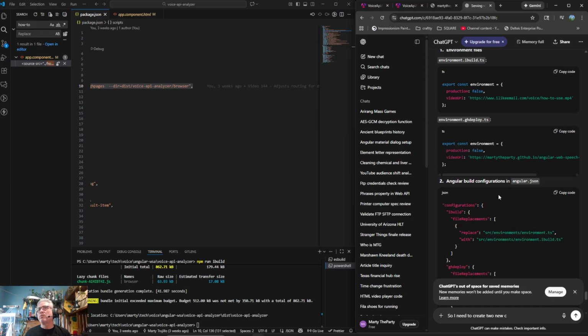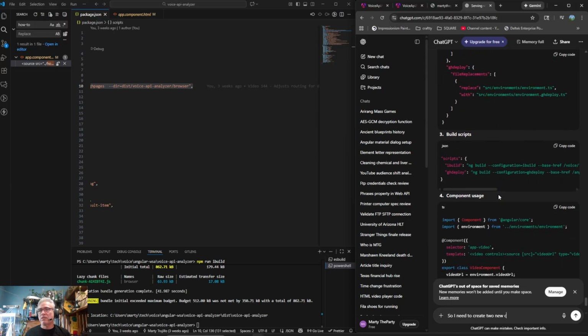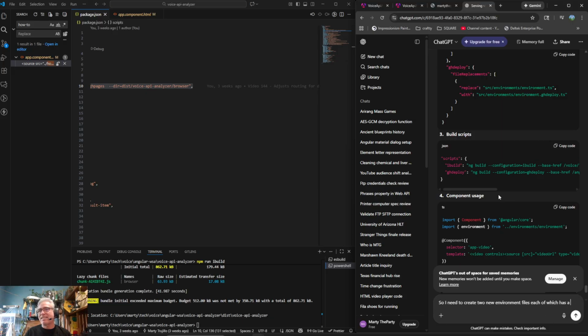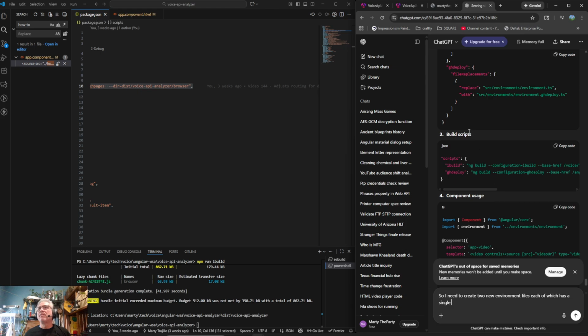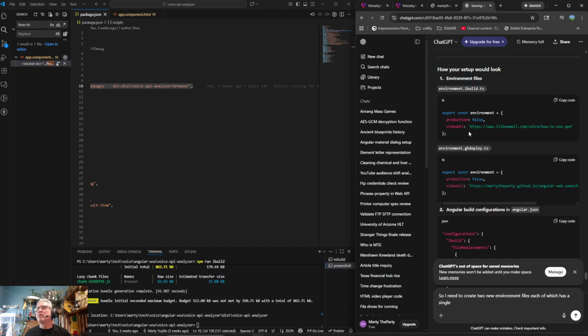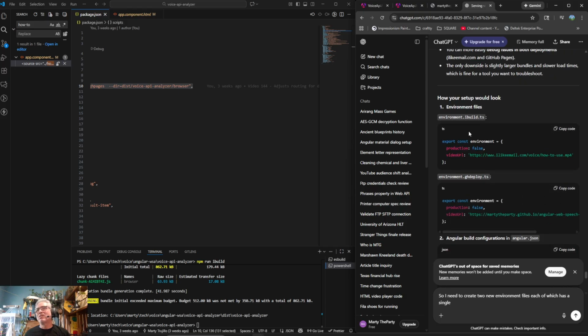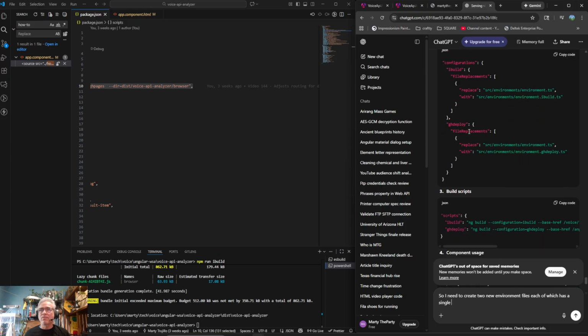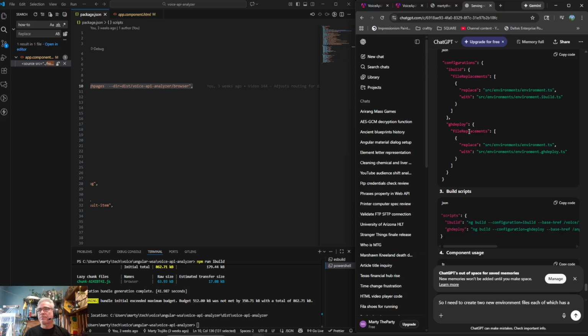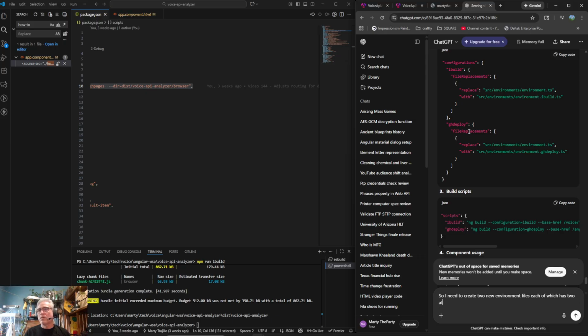Two new environment files, each of which has a single, has two attributes. Semicolon. Update.